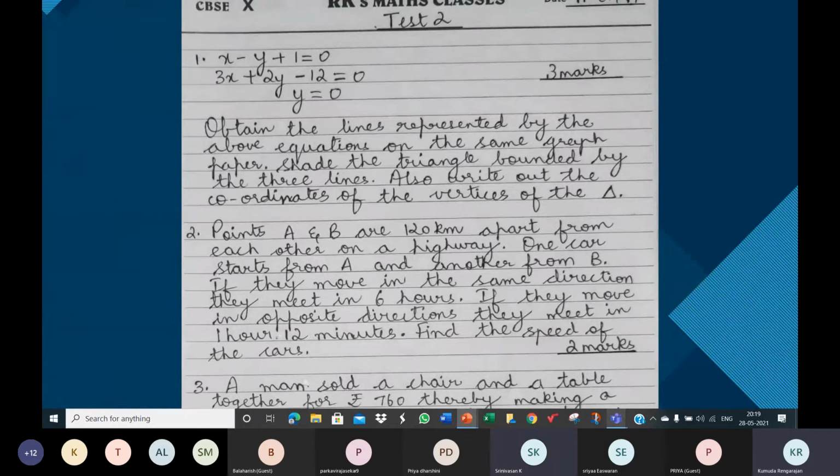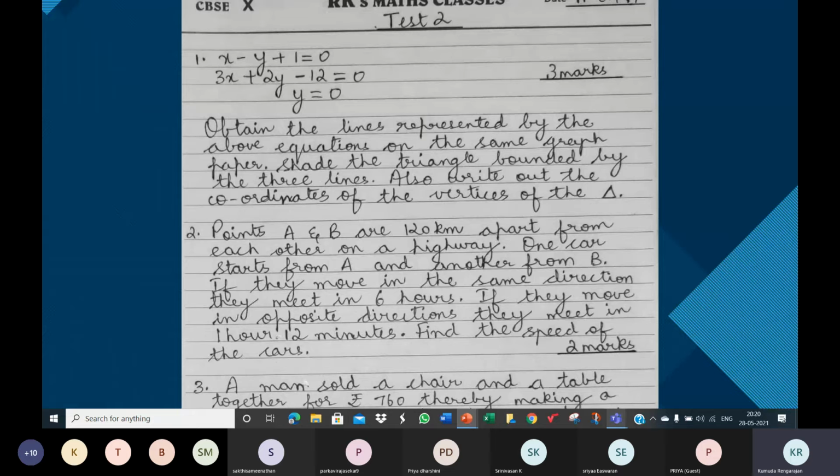Which point? Minus 1. Tell me the coordinates of the point. X is equal to 0, y is equal to 1, ma'am. Please tell me the coordinates of the point where... 0, 1, ma'am. No, children, your answer is right, but that's for a different question. My question is, where does the line cut the x-axis? Minus 1, 0. Just minus 1 is incorrect.